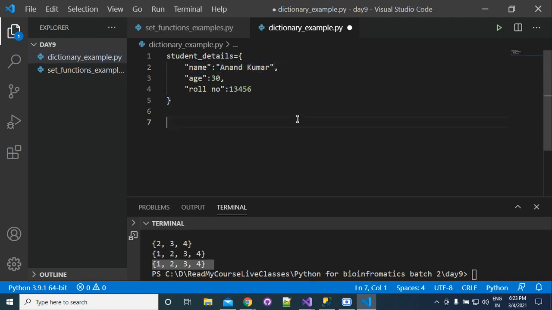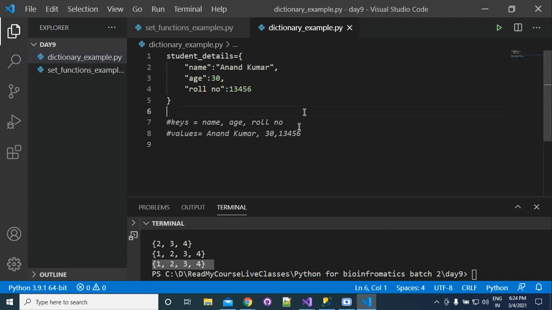If I ask you what the keys are here, you can answer: name, age, and roll number. So these are keys, and the values are what? Anyone answer? Anand Kumar, 30, and the roll number, 123456.